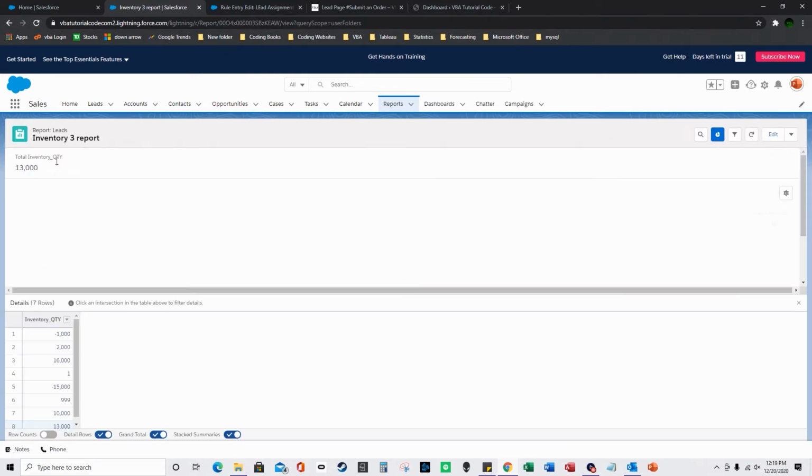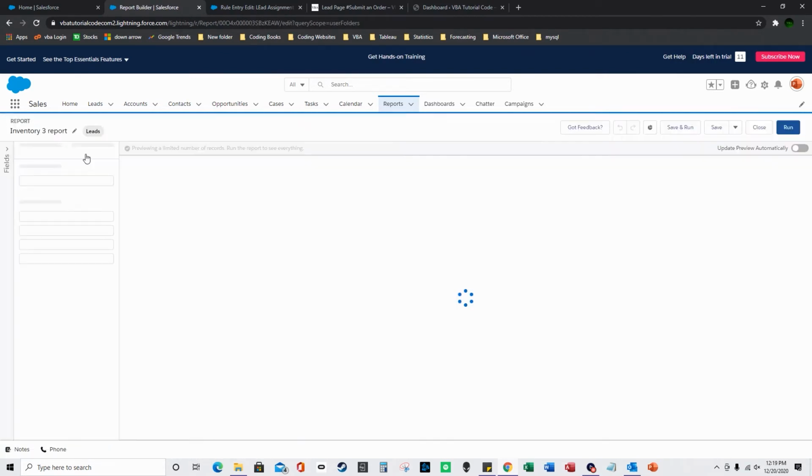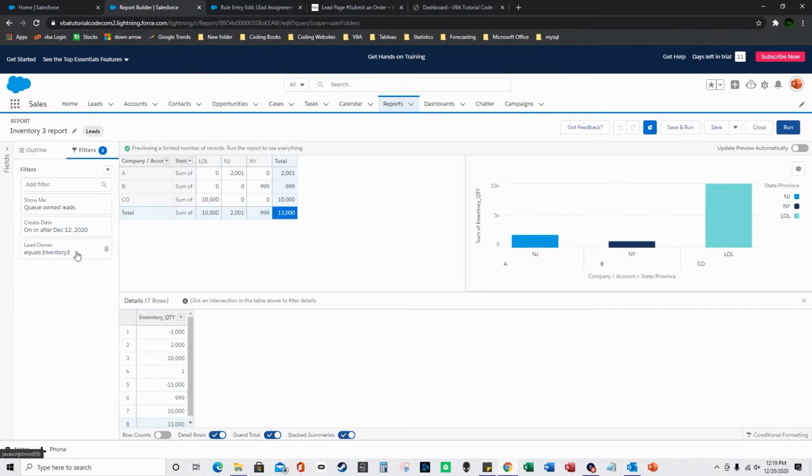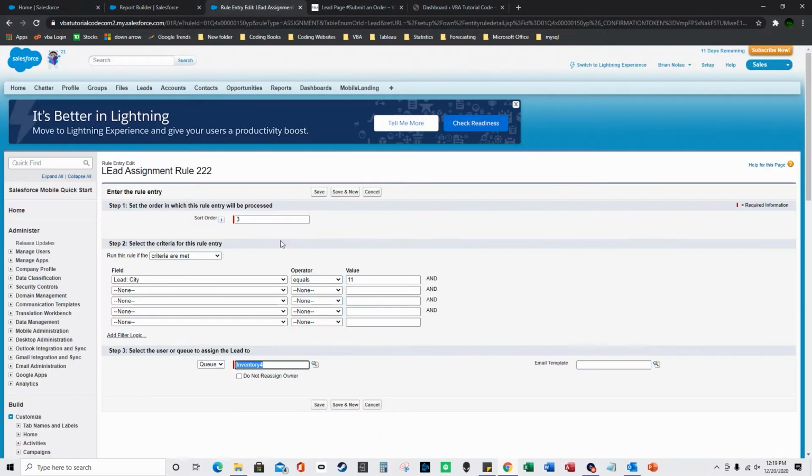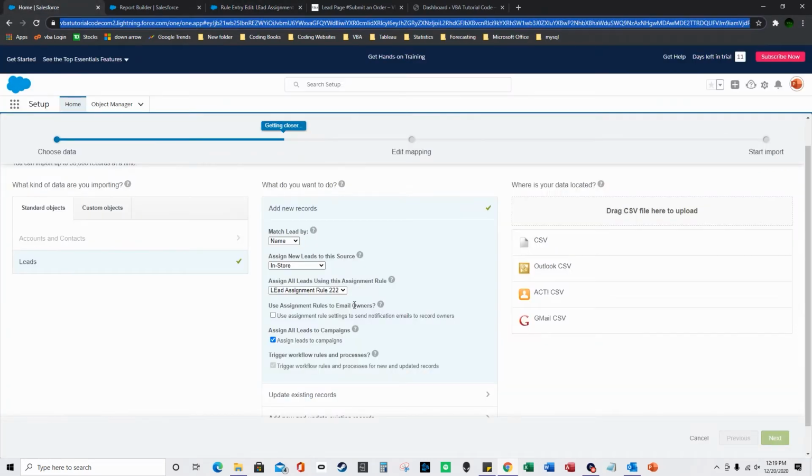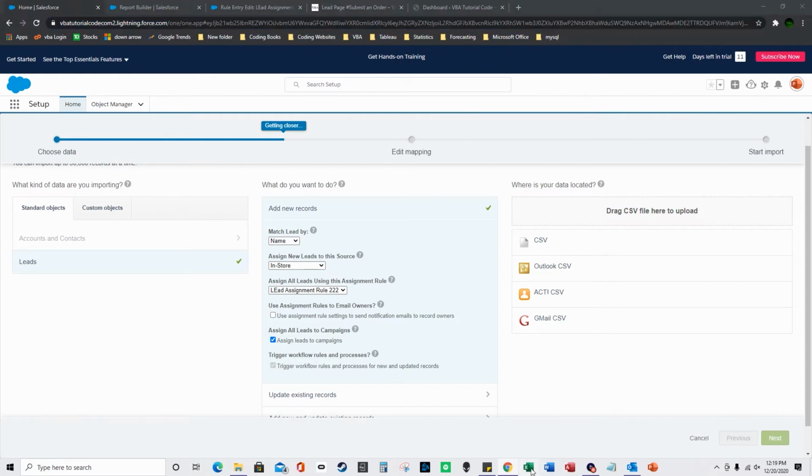inventory 3. If you click edit, then you go to filters. I had the lead owner as inventory 3 queue because it's a queue-owned lead, and then I further filtered by inventory 3. So basically, this whole rule thing that I was showing you, when you upload, it'll execute and assign owners to your leads, which you're uploading from